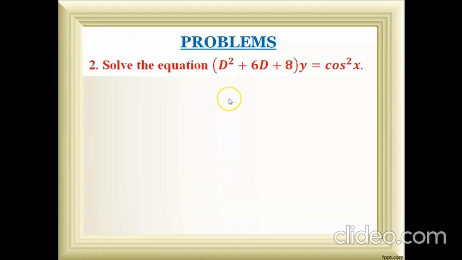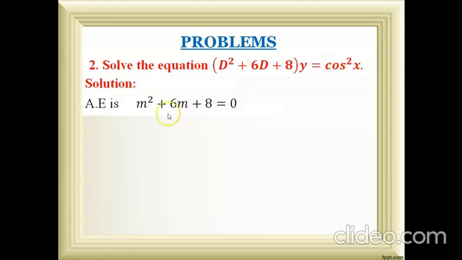We may have the second problem: D square plus 6D plus 8 into y is equal to cos square x. We don't have any other method for operating trigonometric squares or cube terms. If more than one power is present in the trigonometric term, we cannot do that problem under the second type. So we need to use the trigonometric formula and convert that into sin ax and cos ax. Then only can we do that category under type 2.